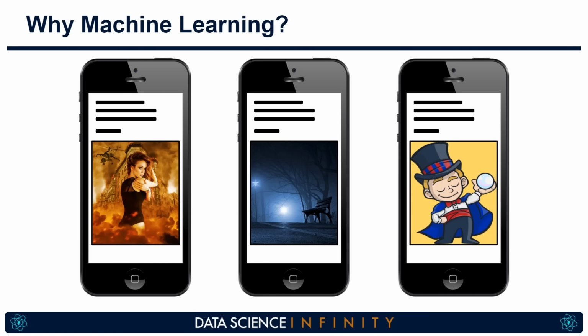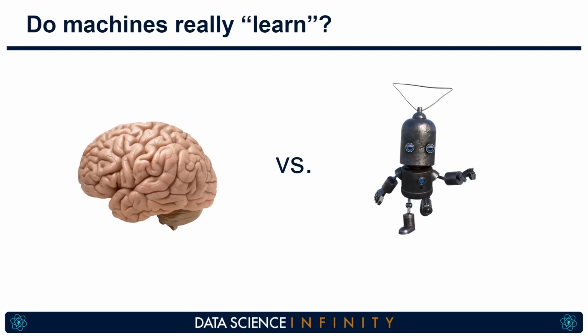Right, let's slow down for a second and get a little bit more philosophical and discuss whether machines really do learn. When we refer to machine learning, it's often argued that machines don't really learn in the same way that a human or animal does. To simplify, machine learning is really about finding relationships in data and then generalizing these findings into some rule that can be applied to new data, on the assumption that the new data is similar enough to the data on which that rule was created.